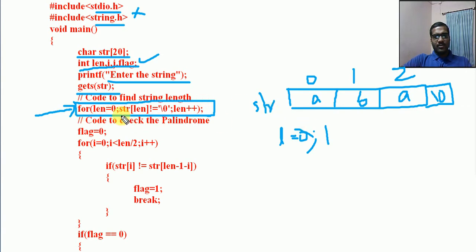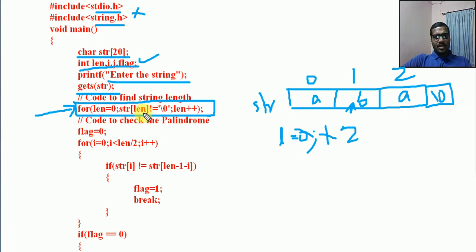Again check str of 1 not equal to \0. It is true. There is no body, so it will increment length again by 1. That is 2.